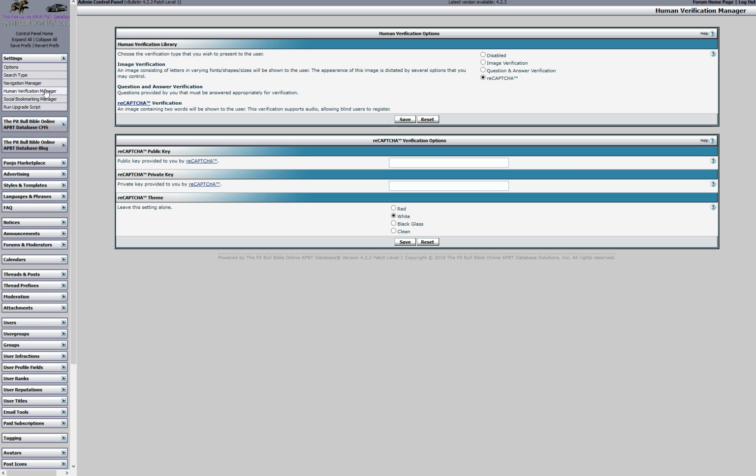The human verification manager I've already set up for you, so it's the reCAPTCHA. That basically means when people come in and sign up, they have to fill out this reCAPTCHA, because otherwise, when I first made this site,